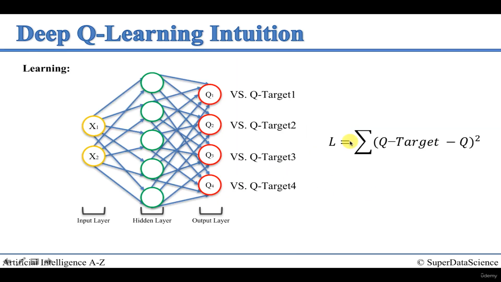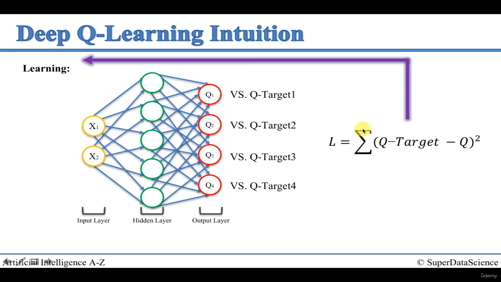So here, same thing. We want this loss to be as close to 0 as possible, as small as possible. And that's why this is the part where we are going to leverage the real true power of neural networks. We're going to take this loss and we're going to use backpropagation or stochastic gradient descent to pass it back, or backpropagate it, through the network, and through stochastic gradient descent, update the weights of these synapses in the network. So that next time we go through this network, the weights are already a bit better descriptive of the environment. And that's exactly how it works.